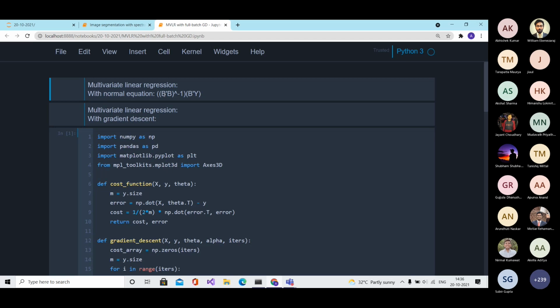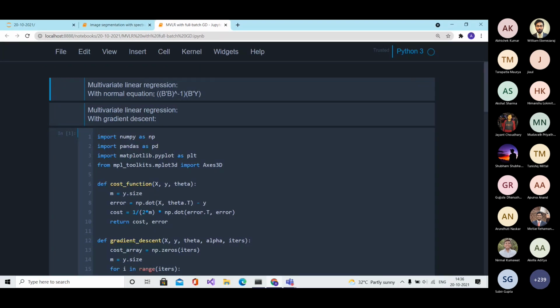So this particular expression, that is beta transpose beta inverse beta transpose, is the pseudo inverse, and calculating the inverse is computationally demanding. So if you have a very large amount of data, the computational time it would take is very large.